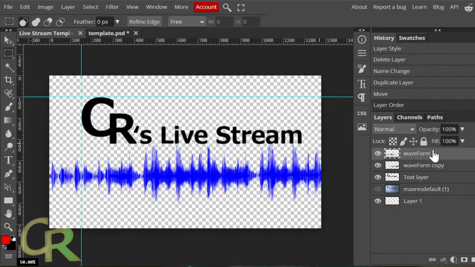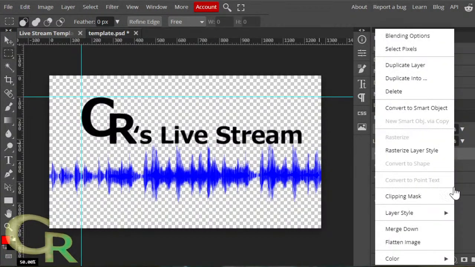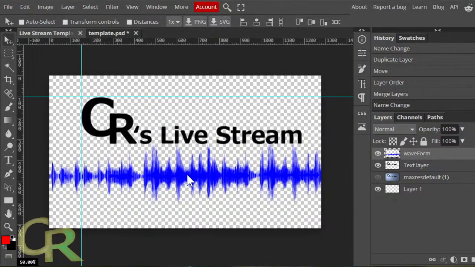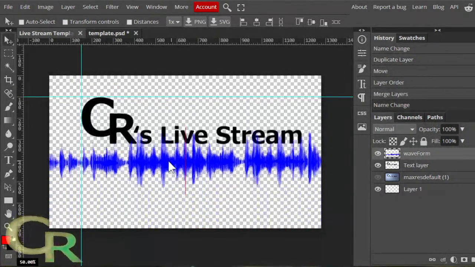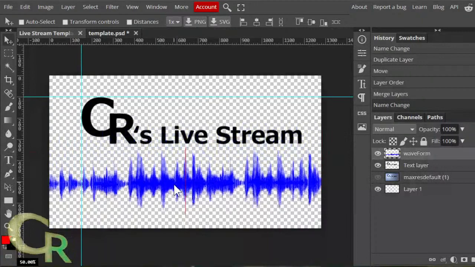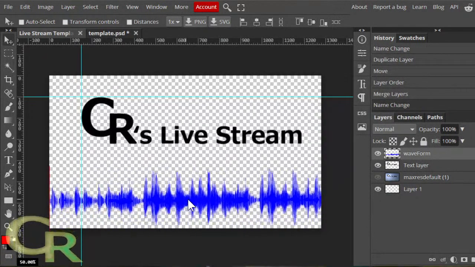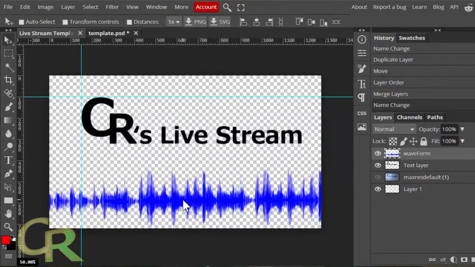Move my copy down, or move my original up. Select the original, move that down. I still have to rename it. Waveform. Enter. V on the keyboard, I can move this around. I think I'm gonna leave this size.